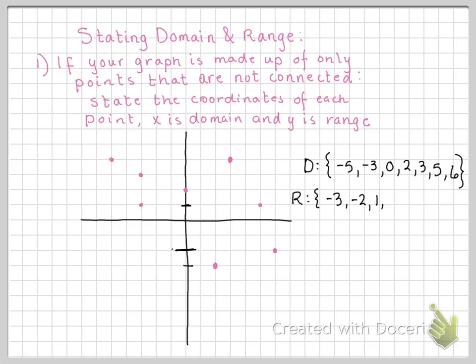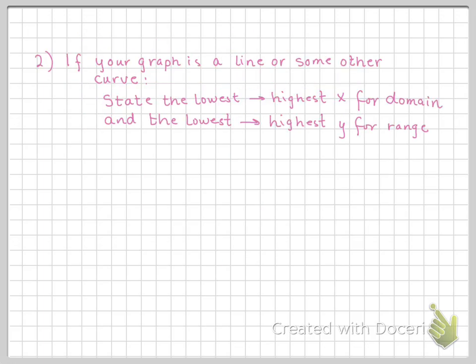And I've got 2 coordinates at that y value, but I'm only stating that 1 once. Then right up here, I've got a y value of positive 2. Right here, positive 3. And right up there, positive 4. And I'm only stating it once. So the domain and the range for when the points are not connected, you state the coordinates x and y for domain and range. Okay, that is completely different than if your graph is a line or some other curve in the coordinate plane. Okay, so what that would look like would be something like, let's do